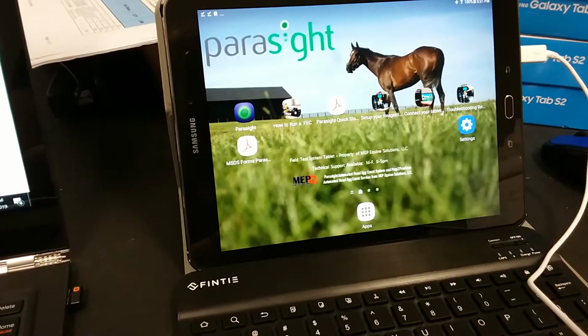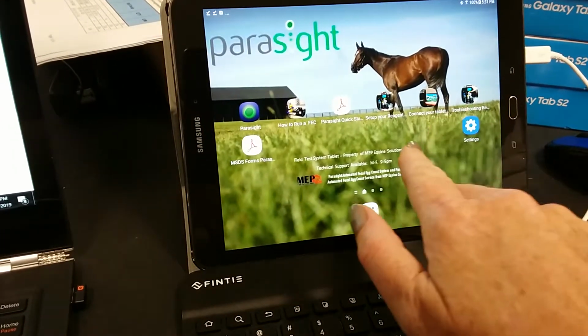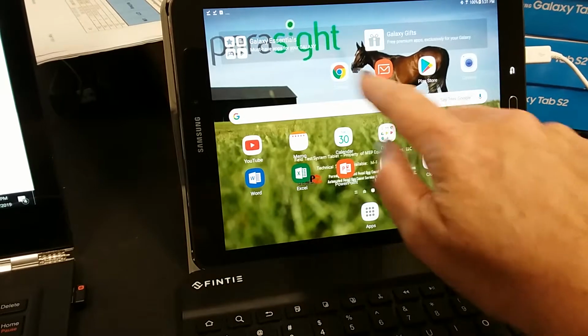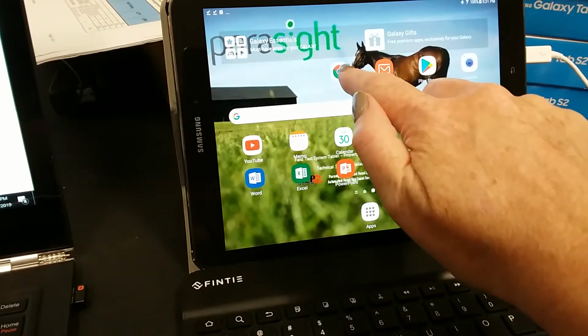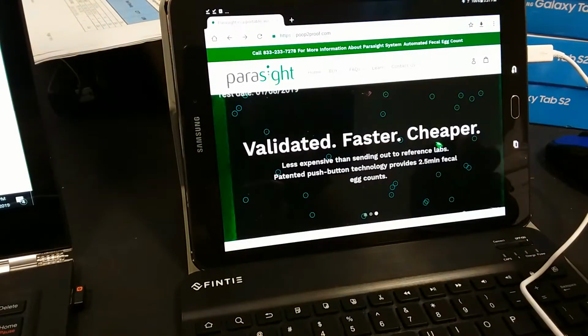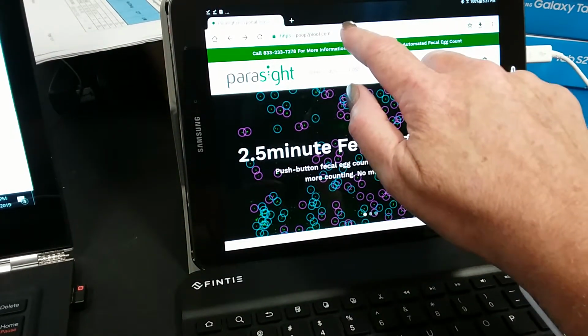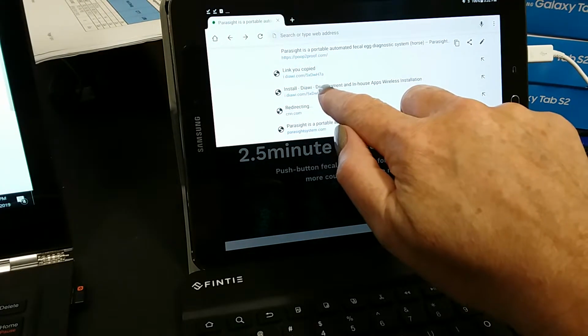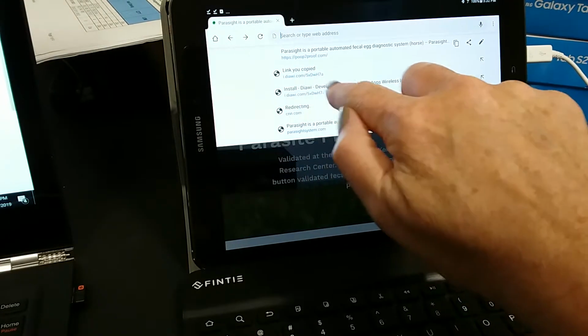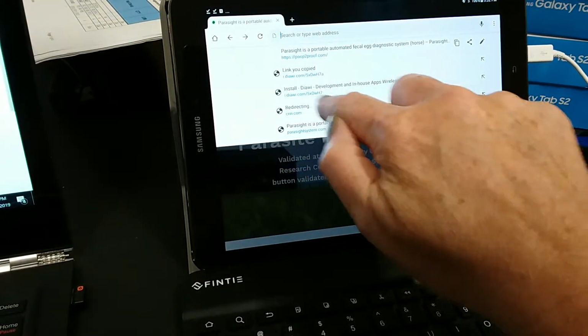With the tablet powered on, you're going to navigate to a page that has access to the internet, so you can browse. Chrome is our go-to here. Once you go to that page, I have already typed it in and gave this a test run earlier, so I'm just going to cheat and tap my archived link. But you'll notice this was my